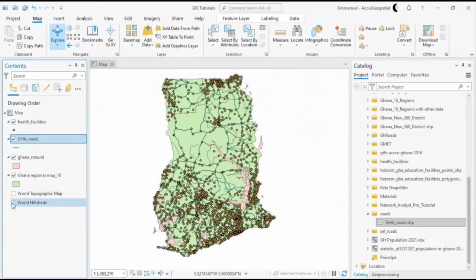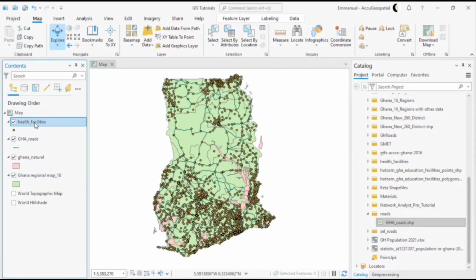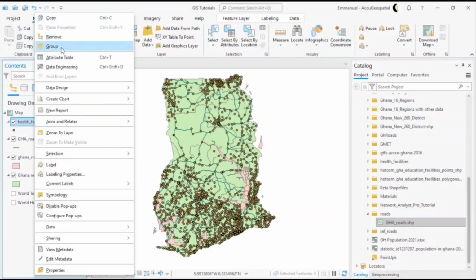As I said, you can take off your base map if you do not need it. So now that you have your data in your workspace, one thing you should always do before you make analysis is to check the attribute information, or the attribute data, of your data set and try and see what you can actually do with it. So to do that, you right click on any of the feature layers and you go to attribute table